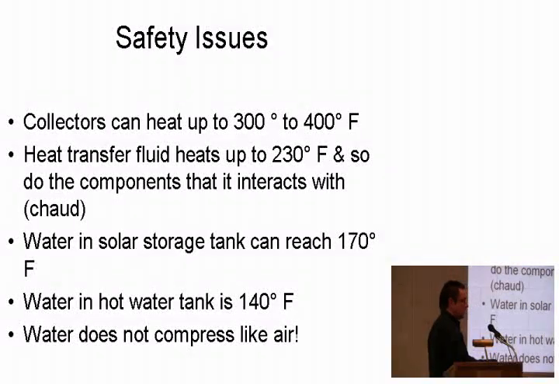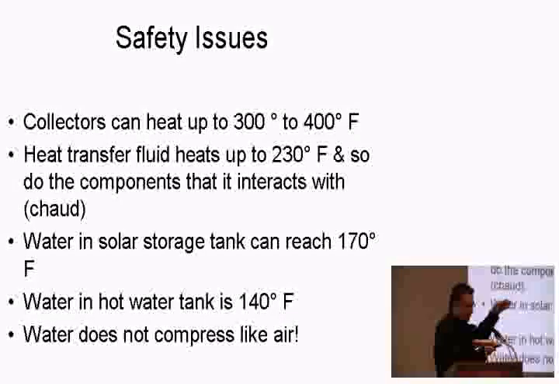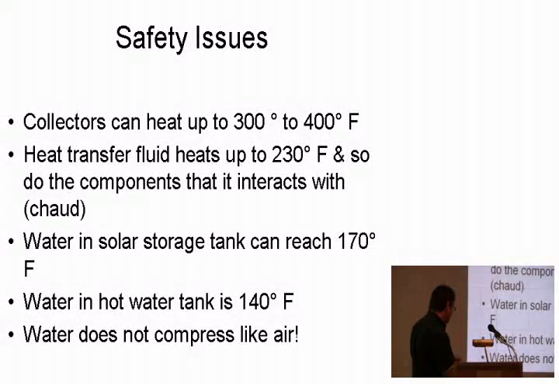The goal always is, if you go back to that illustration of the solar storage tank, to have the water at the top of the tank as hot as you possibly can without having problems of the relief valve discharging, without the water reaching the boiling point, essentially. The water in a regular hot water tank is usually set to 140 degrees Fahrenheit,